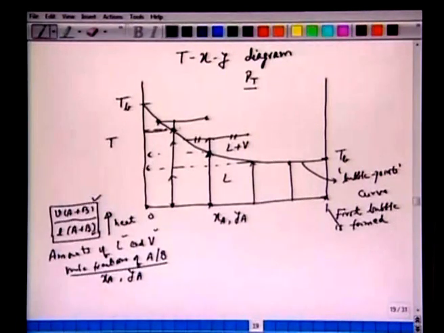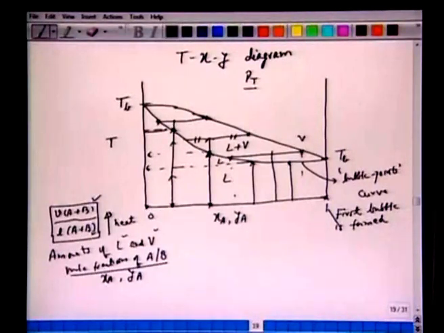Observe, we have some amount of liquid formed, some amount of vapor formed. We will talk about this later. What is the total amount? Essentially, we have now another locus, a curve like this, in which for different compositions there will be a separation of two phases, vapor phase and liquid phase, in which the amount of liquid and vapor is different, and the vapor compositions and liquid compositions are different here.